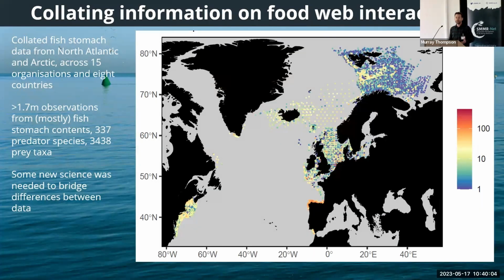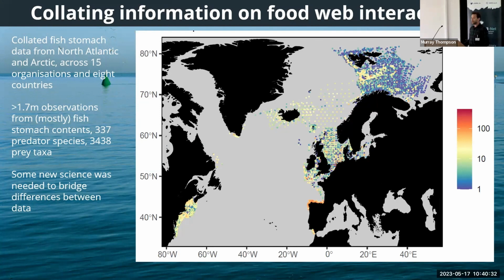So to do that, we need to draw together lots of stomach contents data, this is what I like. So we got together across 15 different organizations across the North Atlantic and Arctic. And that involved 8 countries. So Iceland, Spain were a big part, NOAA in the US. And now we've got a data set containing over 1.7 million observations from fish stomach contents, with hundreds of predators and thousands of prey